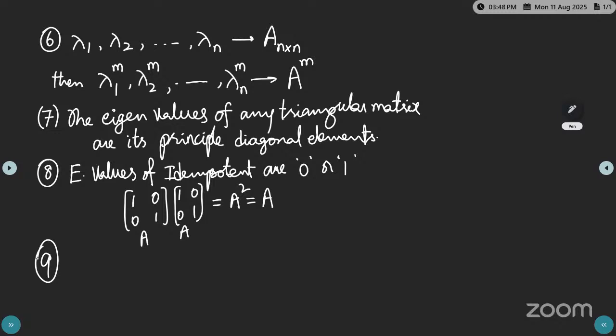What is the meaning of it? Listen very carefully. Can you repeat that? Some of you please read it. The eigenvectors corresponding to